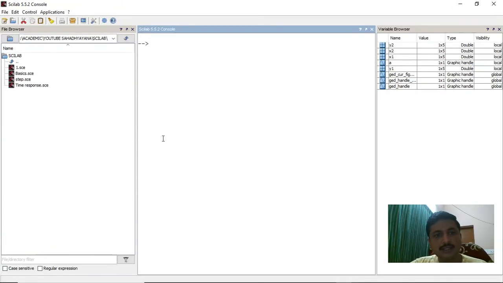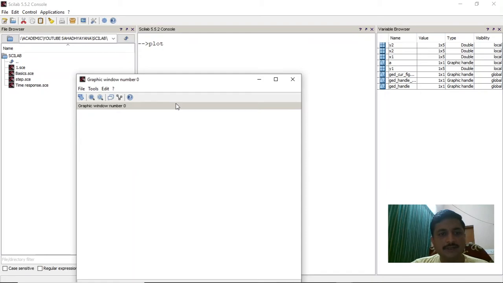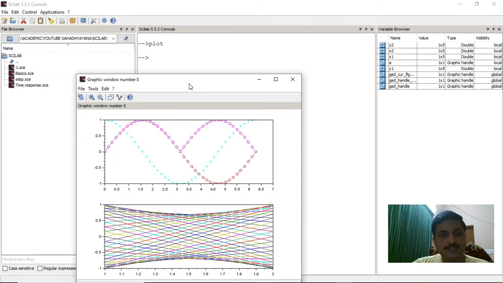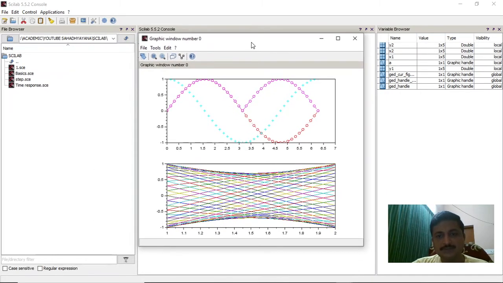CLC, okay, I'll clear all this, and here I'll just type plot. So there's an inbuilt graphical window available for us. Okay, so it comes something like this. I just want to show you two interesting properties of this graphical window. One is rotate and the other one is magnify. So basically how to magnify and check. We'll use this plot to do that.